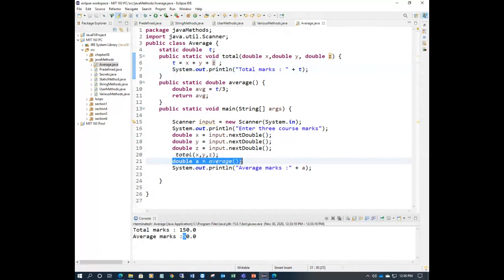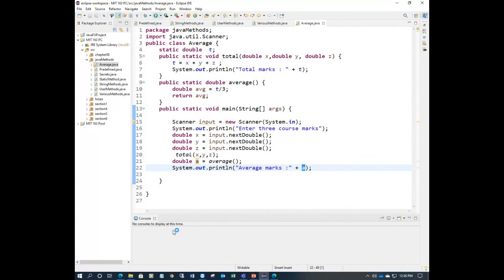The next line I am calling the average method. It will go to average and execute the average method. It will calculate the average of this total because we have 3 marks. That's why we divide by 3. So we get the average and return it. On return, it will store back into variable a as the average, and you print the value of a. That's your program.